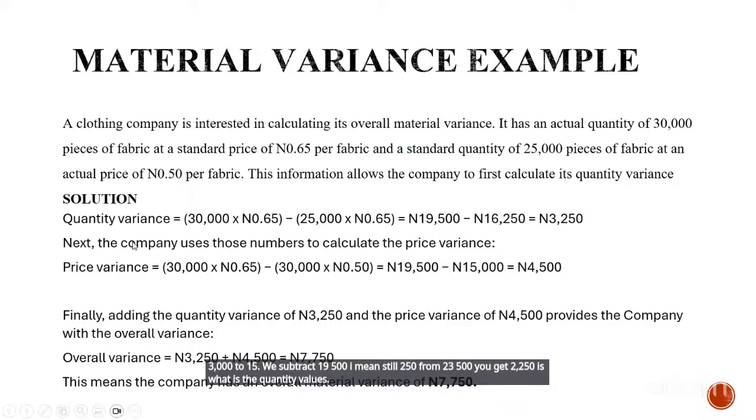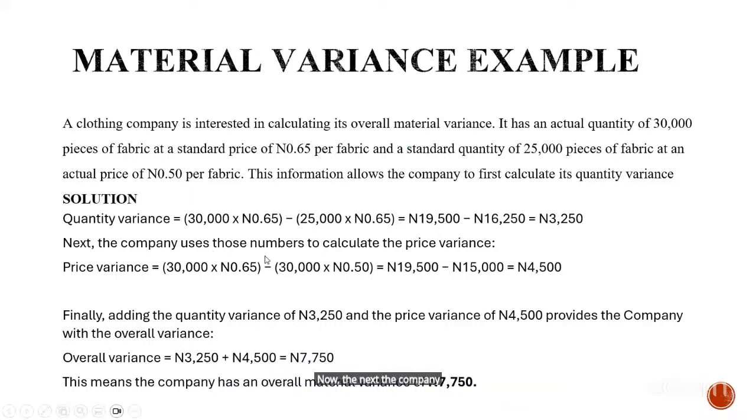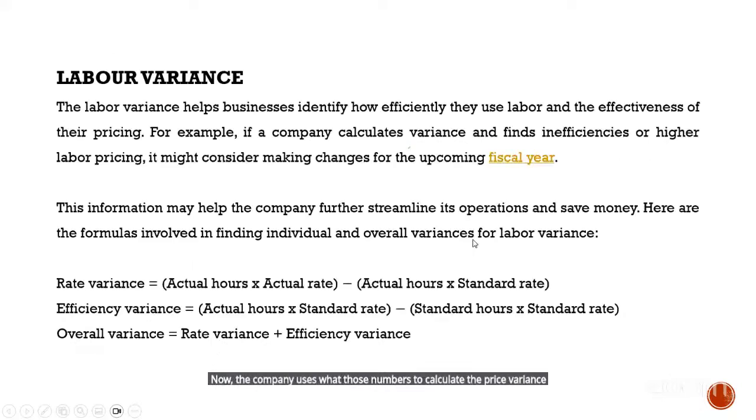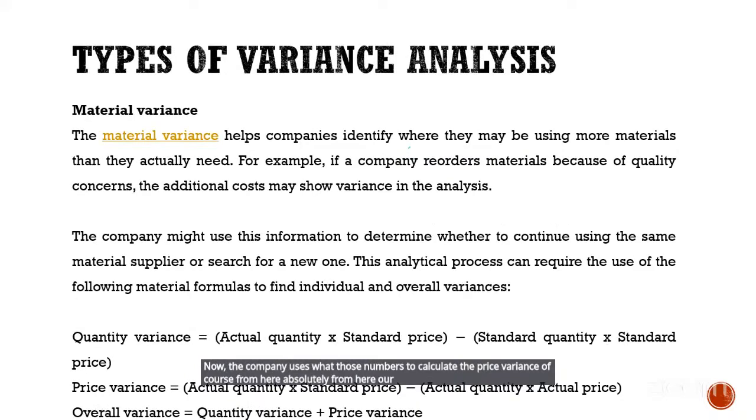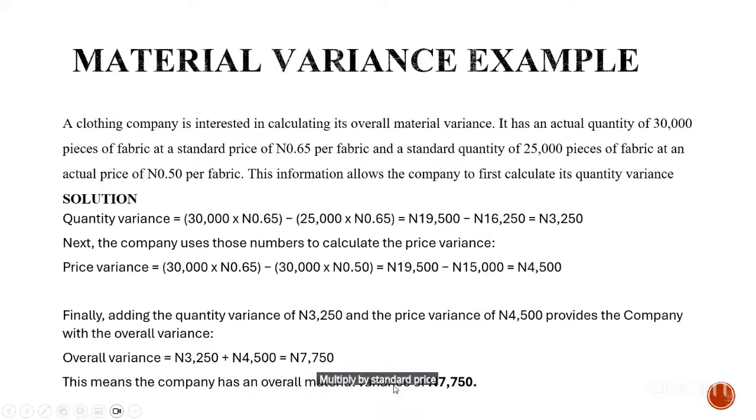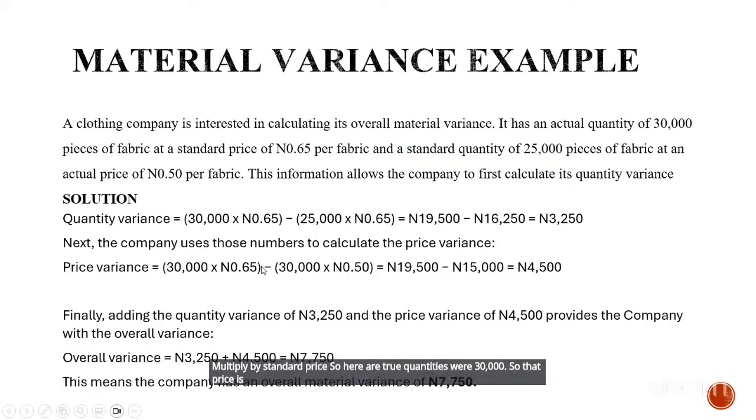Now, the company uses those numbers to calculate the price variance. Of course, from here, our price variance is what? We said actual quantity multiplied by standard price. So here, the actual quantity is what? 30,000. Standard price is what? 65 kobo. Then